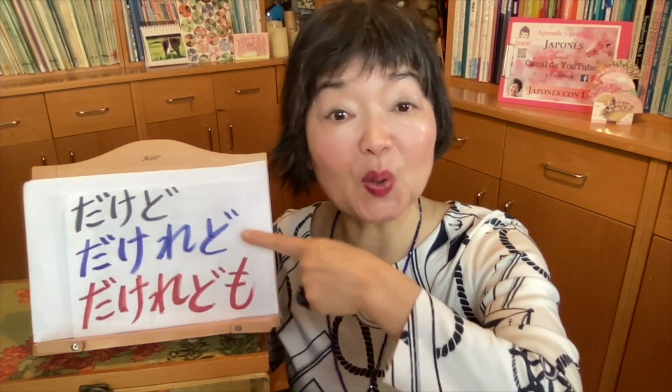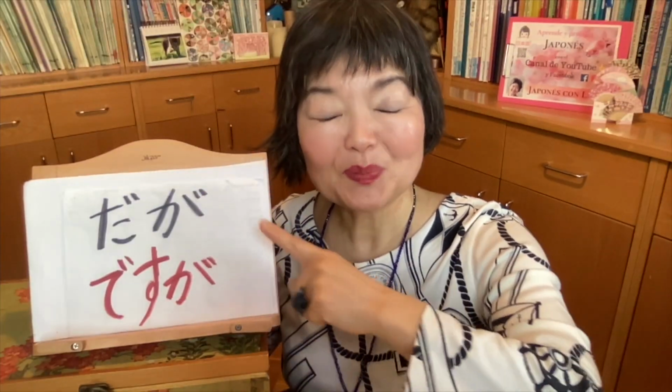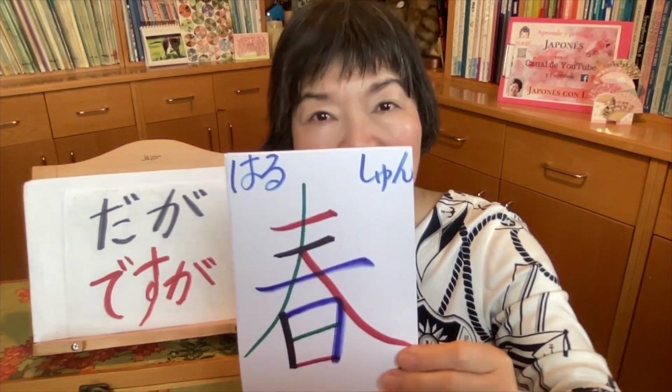noun. So we cannot make sentence using kedo. In this case, we can use this one, だけど、だけれど、だけれども with だ. In this case, we can make a sentence. もう春だけど、まだ寒いです。The last one with daga. Here, this is so formal and it's better to say not the masu form. So I'm gonna tell you in the very normal way, okay? もう春だ。だが、まだ寒い。